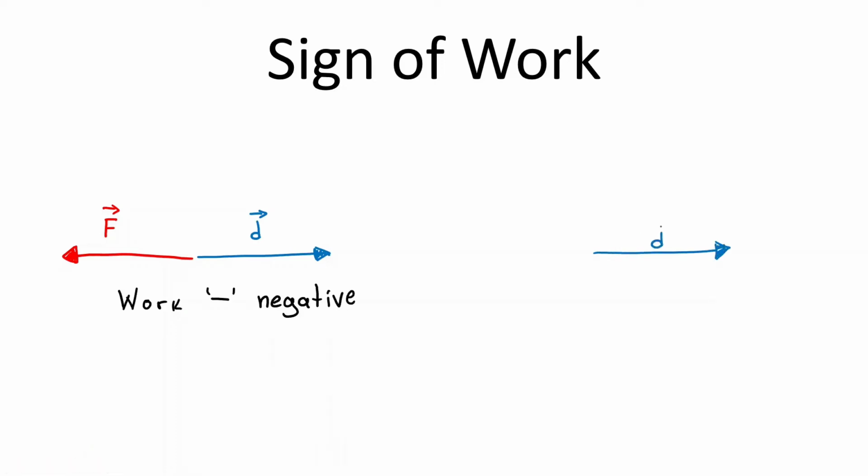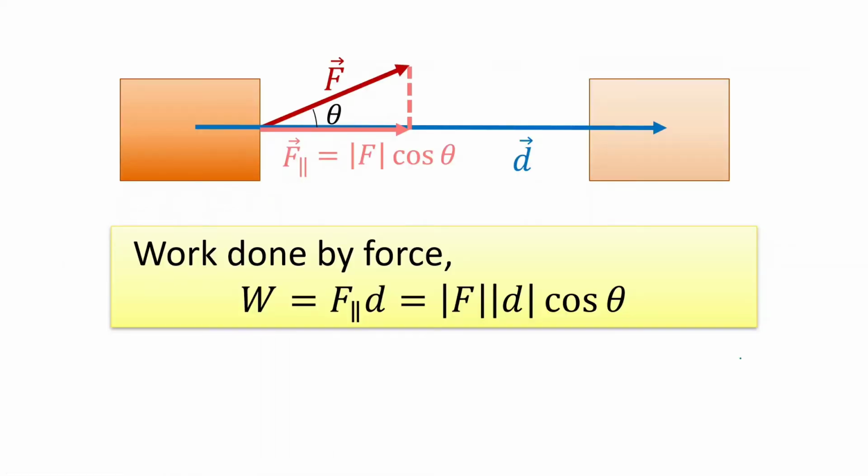On the contrary, when the displacement and the force point in the same direction, the work will be positive. Let's now analyze what would be the sign of the work when the angle has an arbitrary value. Remember that work is defined as the magnitude of the force, which is a positive number